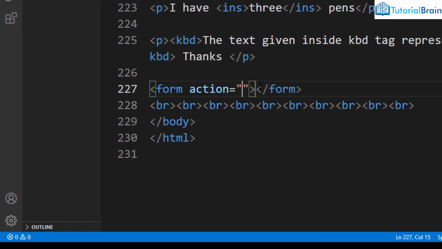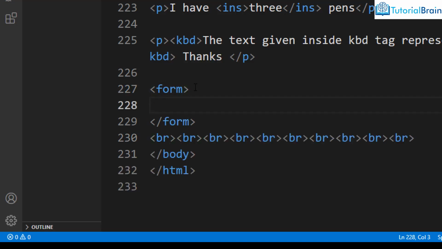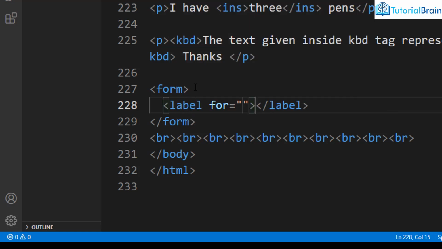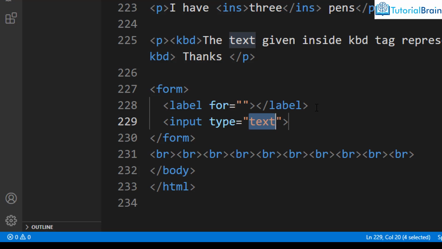And now here I can give anything, or let's do one thing. This time even action is not required. What I'm gonna do is, here let me just create a label first, and just below that I'll add an input. Let's say input type is equal to text, or this time let's take another input type, for example radio, and I'll give the name. So I'll give name is equal to status,